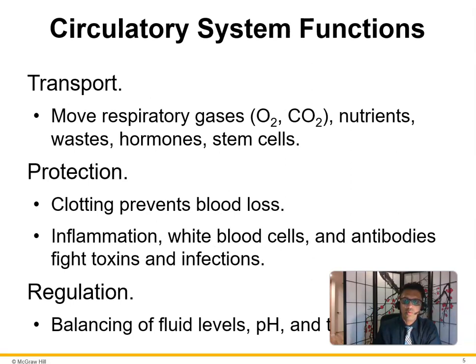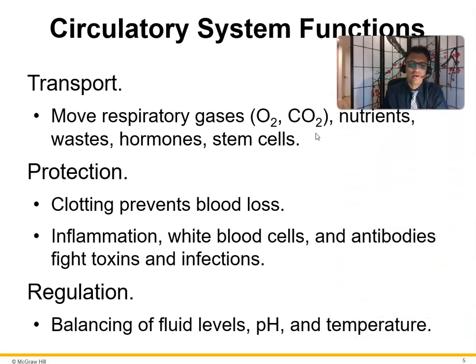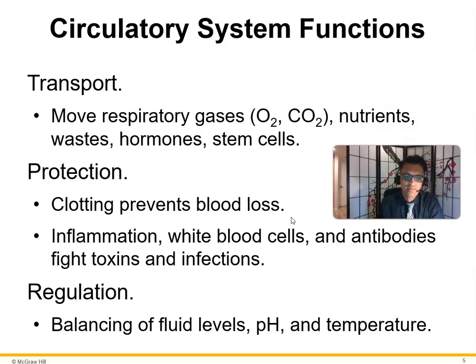Now, what's the purpose of having a cardiovascular system? Well, it's got to move oxygen and carbon dioxide, move nutrients, pick up wastes, move hormones, and there are some stem cells found in there as well. Obviously, you have a cardiovascular system for protection. It prevents blood loss, inflammation, white blood cells and antibodies fight toxins and infections, and regulation, balancing of fluid levels,